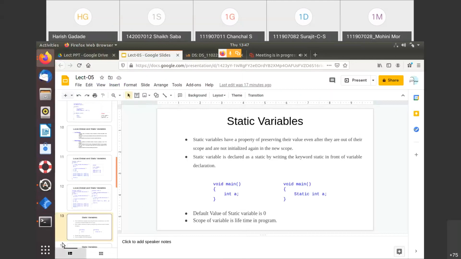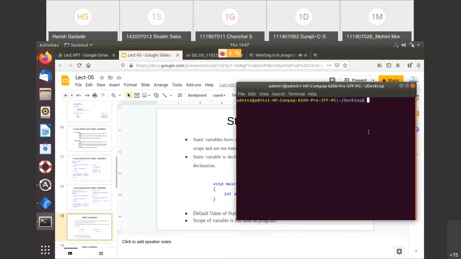So I'll run this program over here, and you can see the value assigned is 0.